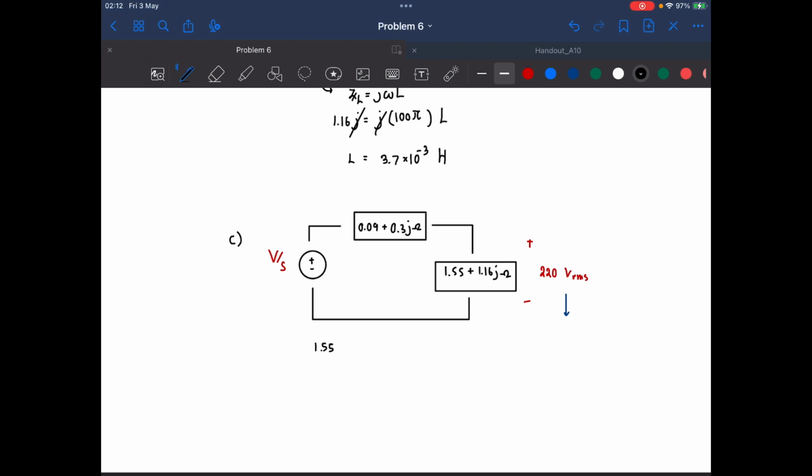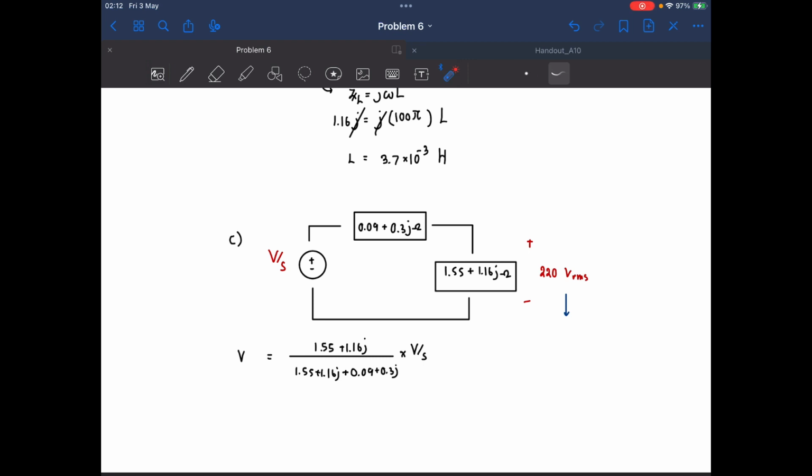So the V is equal to this over the summation of the two impedances multiplied by Vs, but